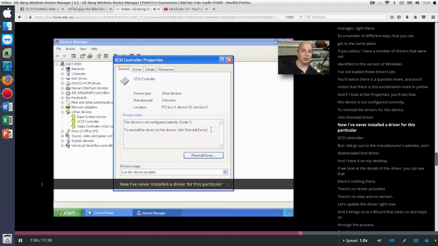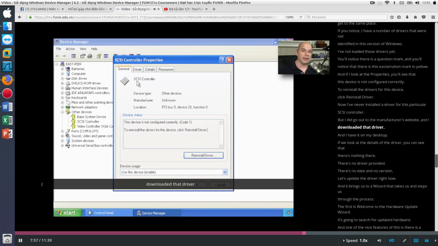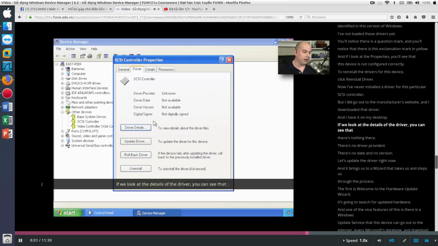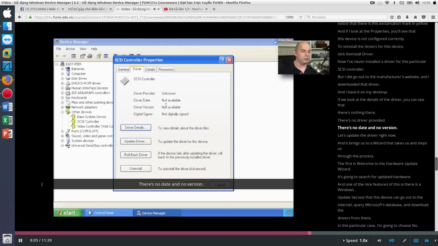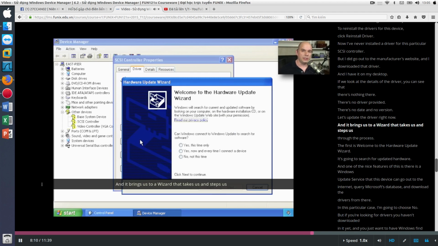Now, I've never installed a driver for this particular SCSI controller, but I did go out to the manufacturer's website and I downloaded that driver and I have it on my desktop. If we look at the details of the driver, you can see that there's nothing there. There's no driver provided, there's no date and no version. Let's update the driver right now, and it brings us to a wizard that steps us through